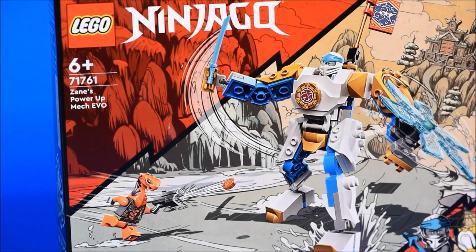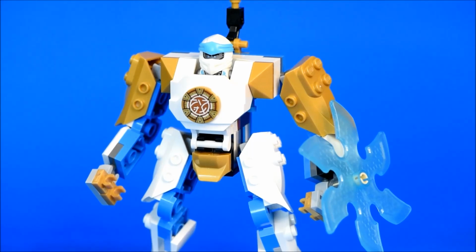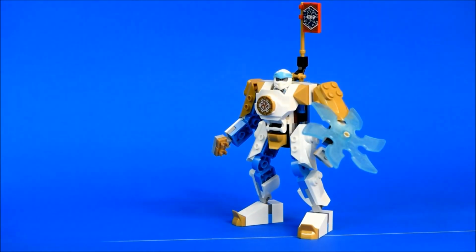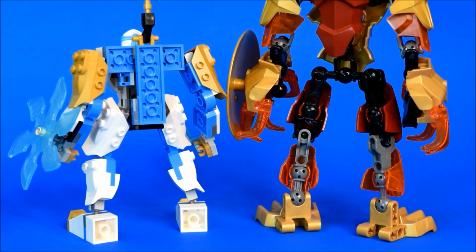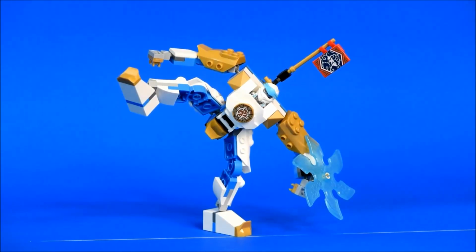Not that Evo. Regardless, this is a pretty cool set. So these new SCCBS armor shells look lovely, and I think they really round off these more minimal leg and arm designs. It makes them look really nice from multiple angles, which wasn't always the case with the regular CCBS builds. The set lacks knees or elbows, which is a bit of a shame, but honestly, it's still a decent